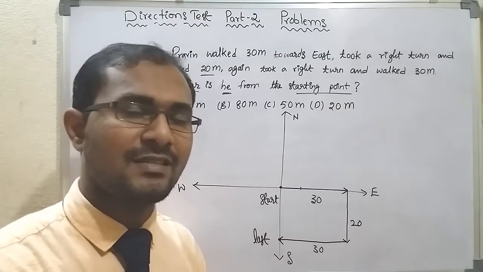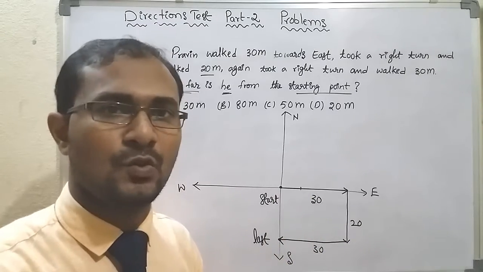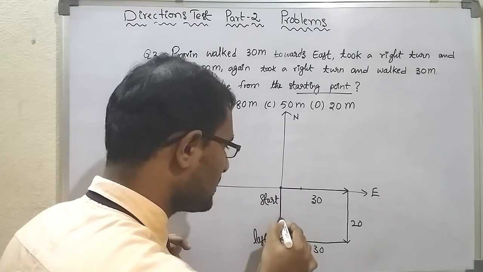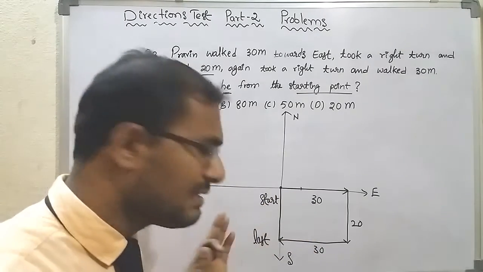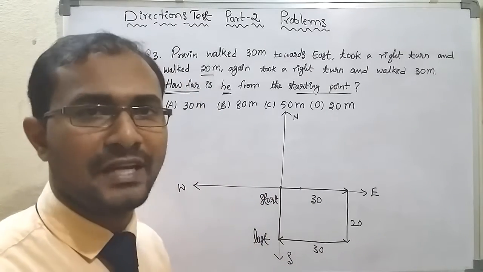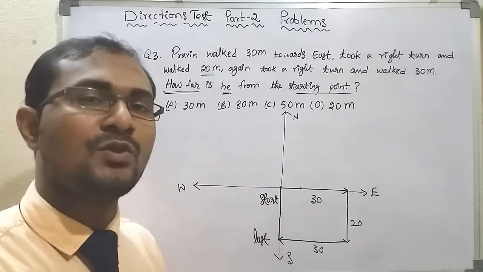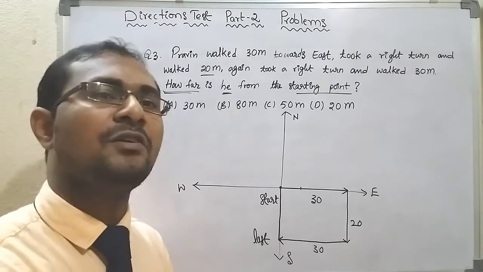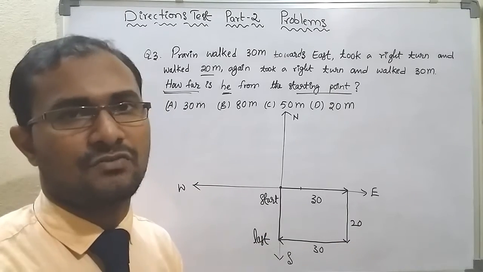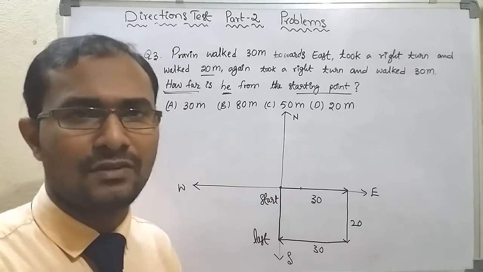How can we find the shortest distance between any two particular points? By drawing a straight line between those two points. Between the starting point and the ending point, I have to draw a straight line. So I have drawn the straight line. If this straight line does not have any slope, you can simply find the distance with the help of the diagram. If it has a slope, you have to frame a right angle triangle and apply the Pythagoras rule to find the distance. That concept I am going to explain in the next question. But here the straight line does not have any slope, so we find the direct distance from the diagram.